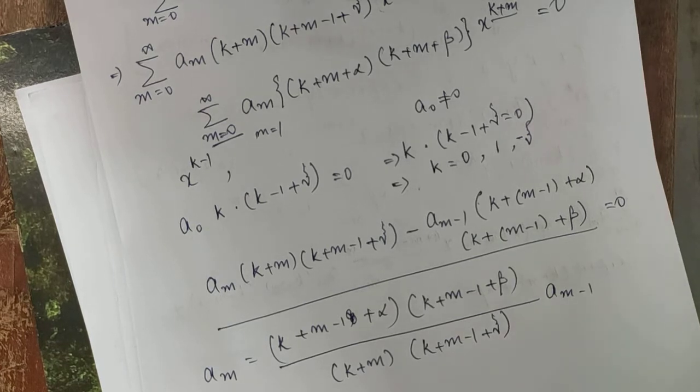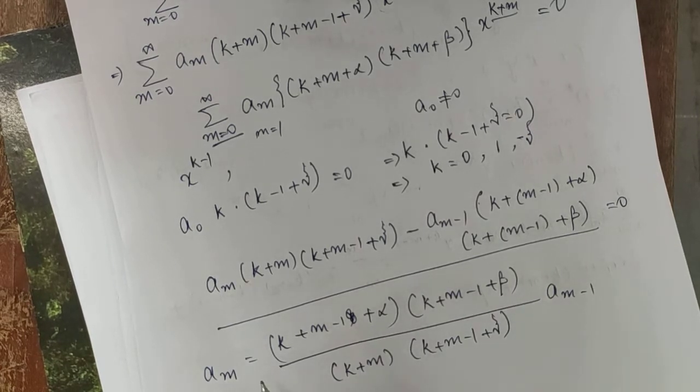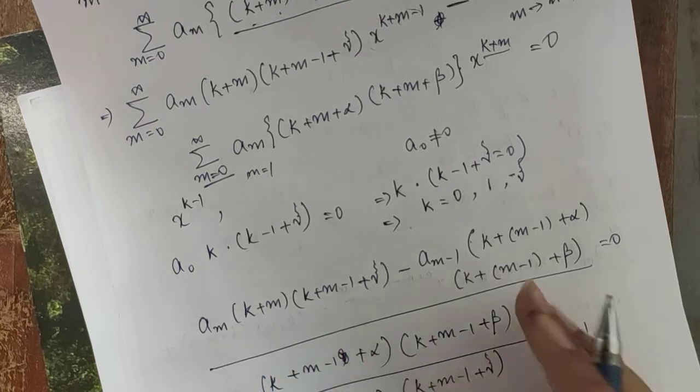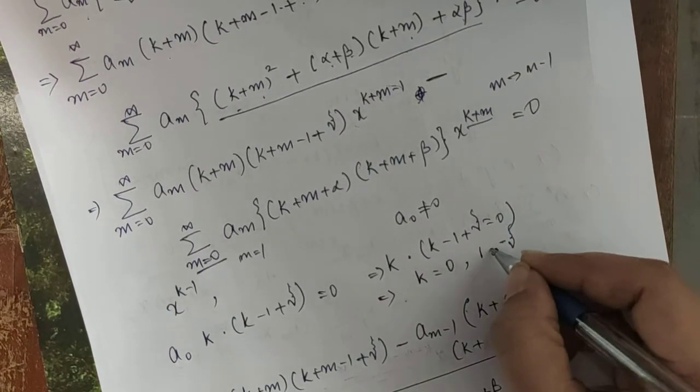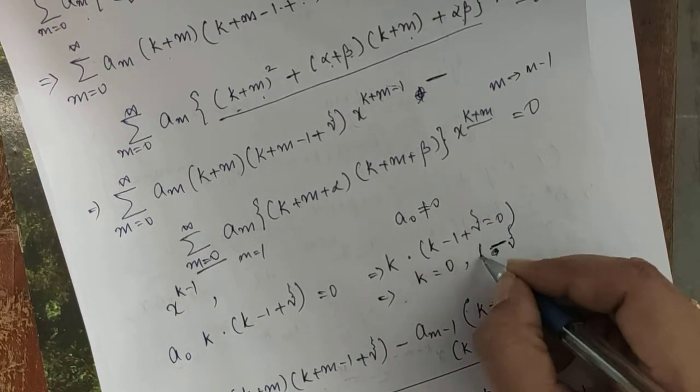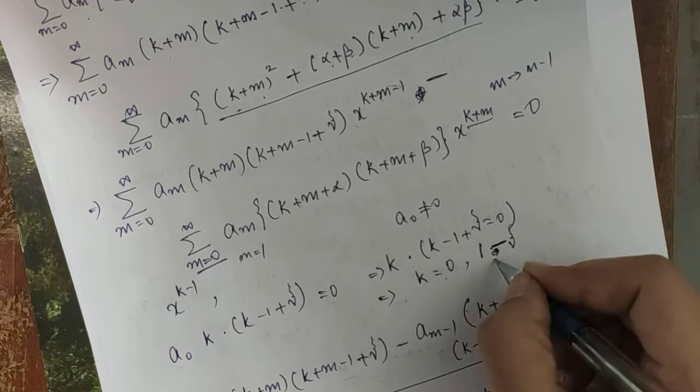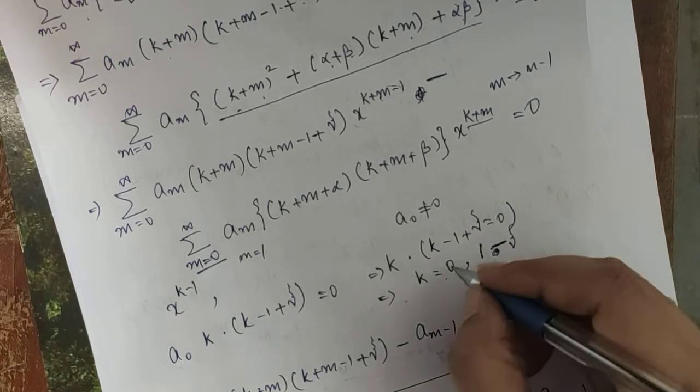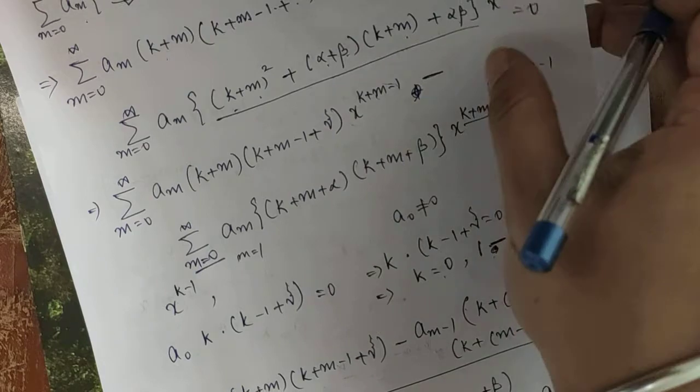So now let's give values to k. First k is nothing but, this is 1 minus gamma, right? k is equal to 0 and k is equal to 1 minus gamma. So if I put k is equal to 0,